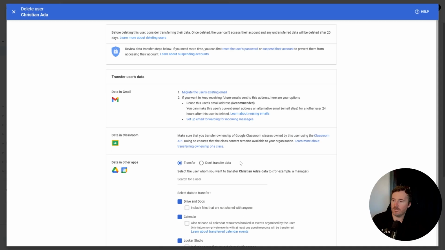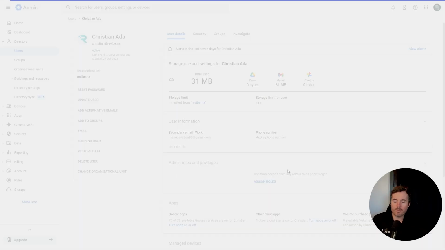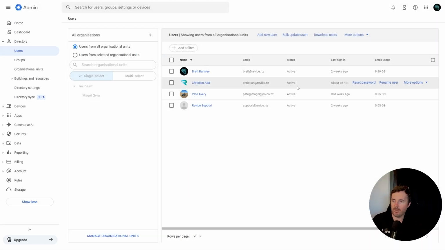So if we click continue to delete, we can continue to transfer anything that's in the drives, Google or the AI system, include any files, and put in here the same email that we've just migrated all the info to. This will reduce the bill a lot more than archiving it will, and we can click delete user. So this will go ahead and process in the background. You still will see it here, but as we refresh,